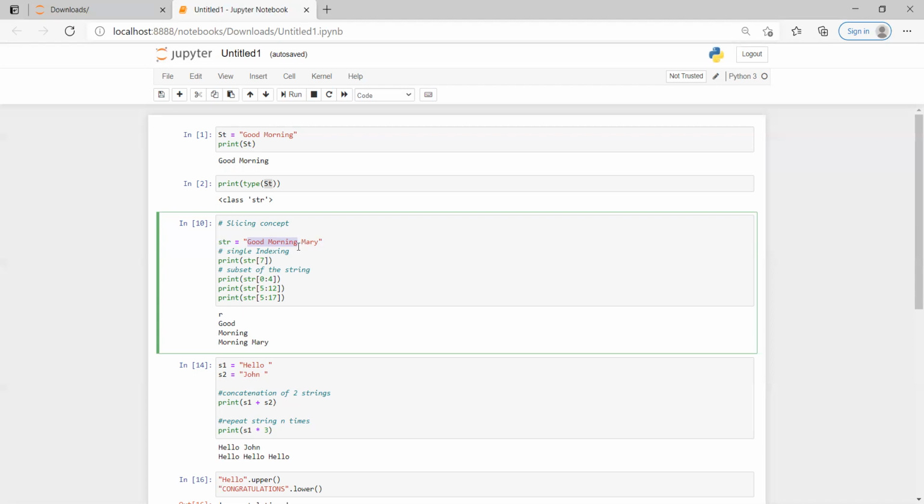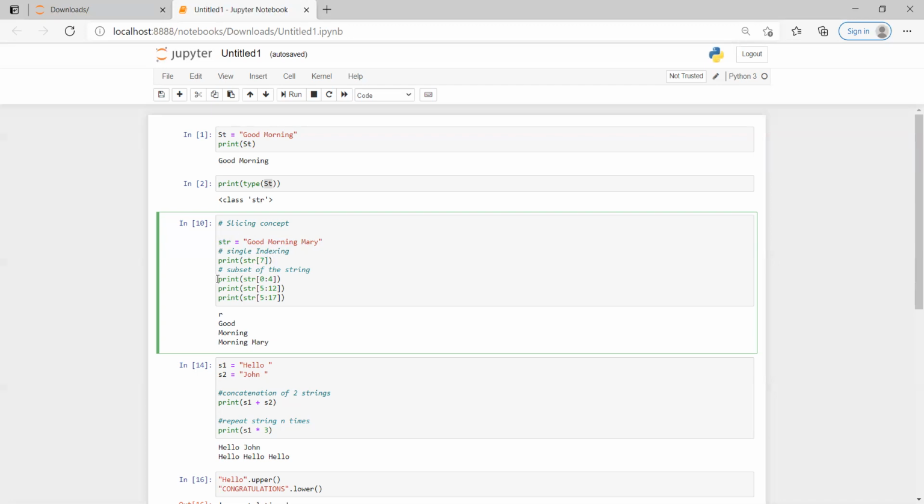Suppose I want to know what is there in location 7 within this particular string. We just mention the variable name with the index value, and you will get the value you want.